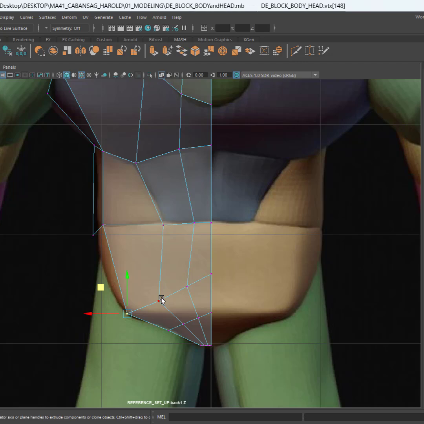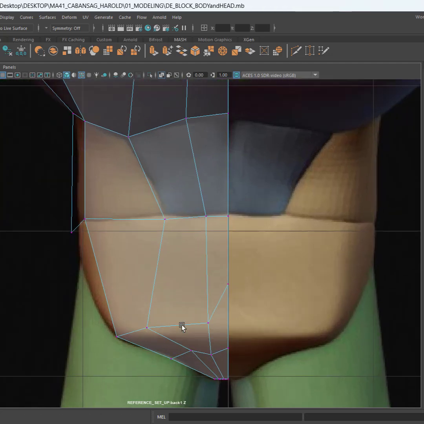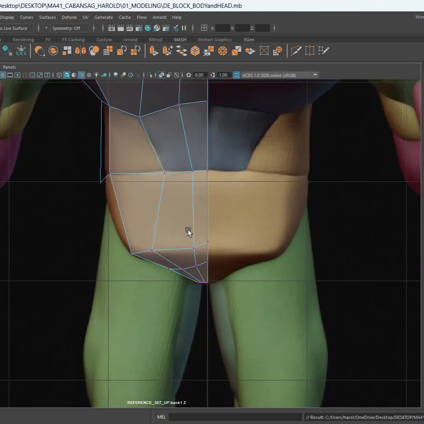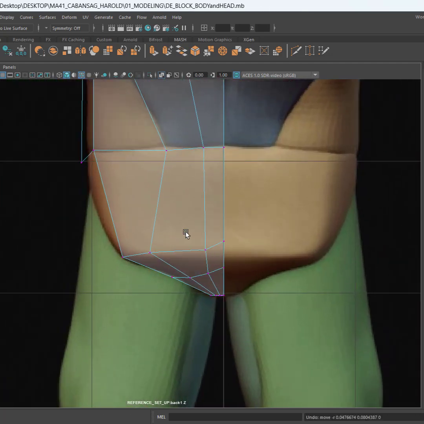So let's adjust this a bit, because it should also go rounded, going inwards down there. Okay, so next is, oops, sorry. The next is going to be